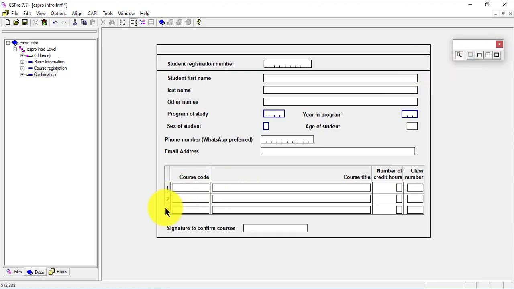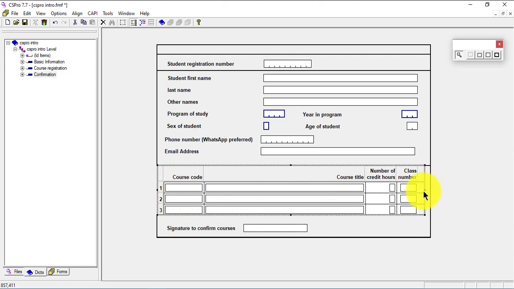So the next one I want to do is just to enclose the course registration information with the signature form. So I'm going to have this surround here. Okay, so it looks better. So we can leave it as it is, but then what about this? We can pull it to the edges